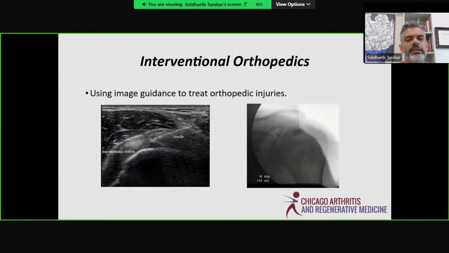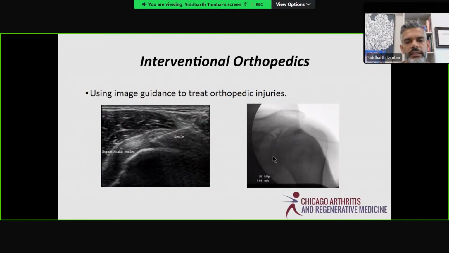utilizing that during all interventions where you're sticking a needle into the body, in particular into joints and tendons and spines. So these are some examples of injecting into the shoulder. Left one is an ultrasound image injecting into a rotator cuff tear. There's a needle, small little tear. This looks big on the screen, but the reality is that is maybe 1 to 2 millimeters by 1 millimeter, very small.